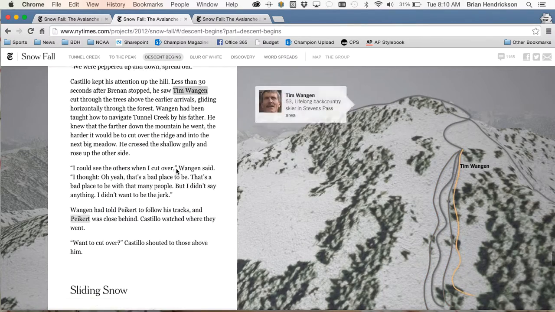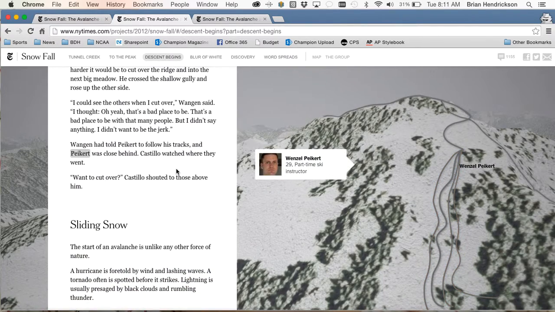And I've always felt like this is one of the most brilliant storytelling uses of an infographic that I've ever seen. This is really hard to do as a writer, to keep the reader in the moment without getting them confused, as you have a lot of different moving parts going on in your story, and you're trying to describe things that, for a reader, may just be very difficult to